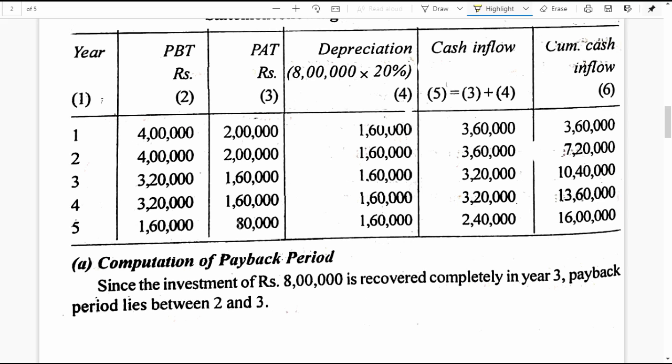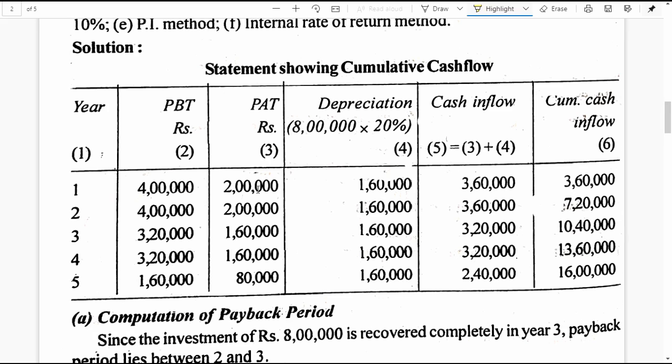Now, since we want cash inflow to compute payback period of the project, along with the profit after tax, we need to add the depreciation, which is a non-cash expenditure, which was originally deducted to calculate this profit before tax. We add it back with the simple reason that it is a non-cash expenditure which doesn't affect the cash inflow of the business through the project. That's the simple reason why we add depreciation to the profit after tax to get the cash